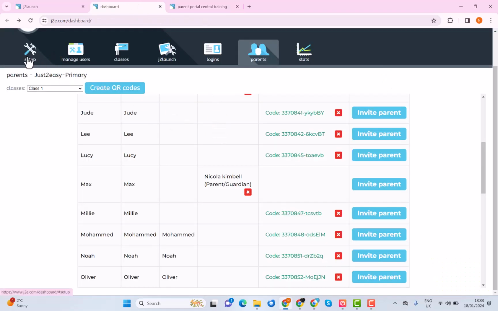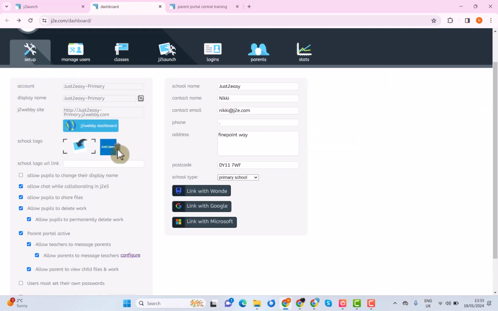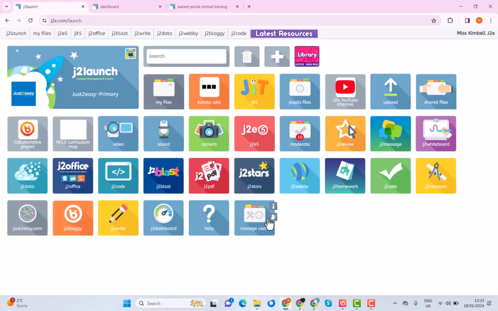So I'm going to go to my setup in my dashboard, and I'm going to switch off Allow parents to message teachers. Obviously, if you want to, you can switch that back on, but for the first part of this demo, I'm going to show you what it looks like with it switched off. So, to message your parents or carers,